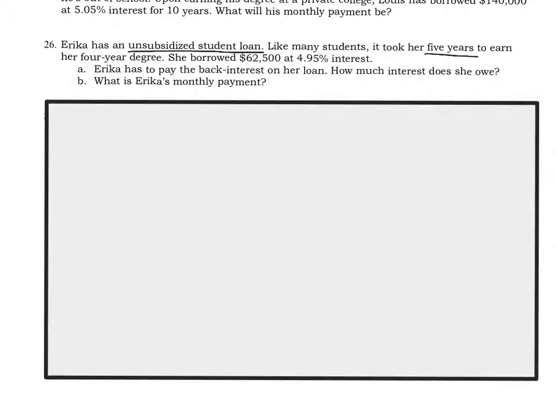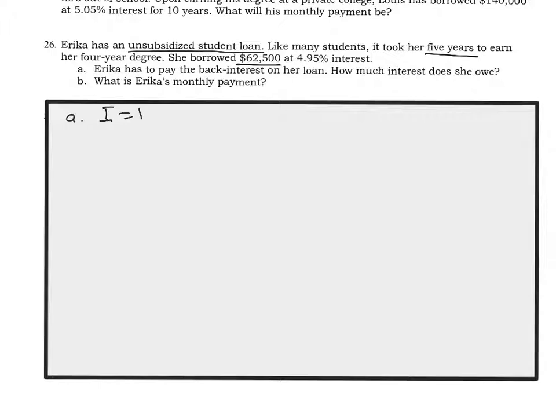She borrowed $62,500 at 4.95% interest. So I know we are oversimplifying this again, and I'm sure she didn't borrow it all at once. Maybe she did. It's hard to say. So at any rate, remember, in unsubsidized loans, Erica owes back the back interest, which is